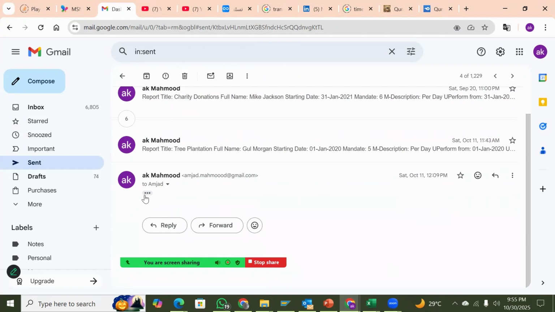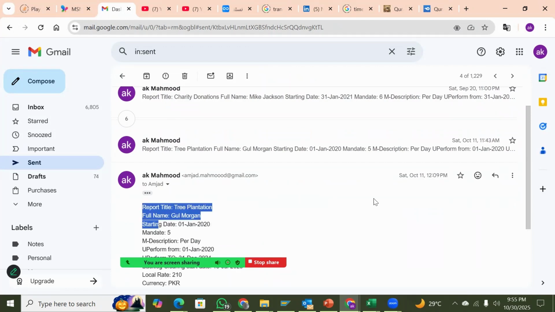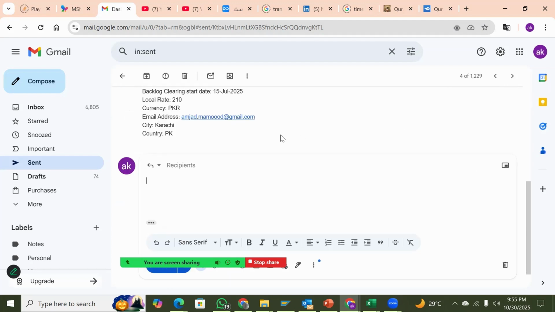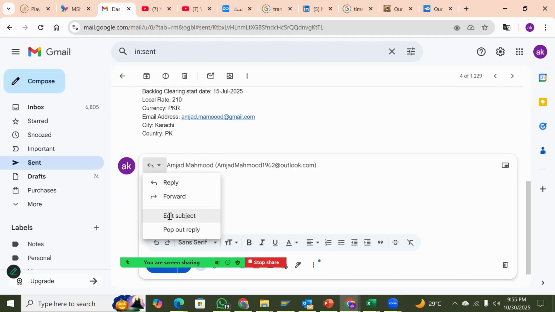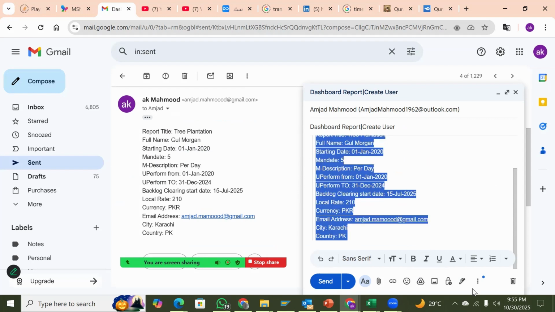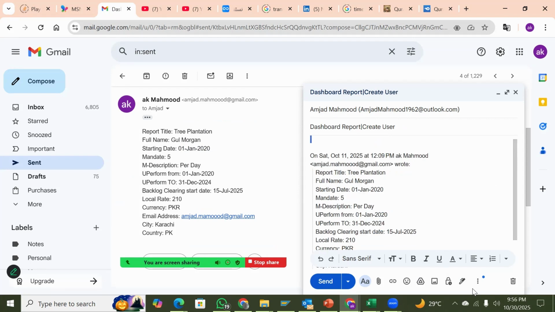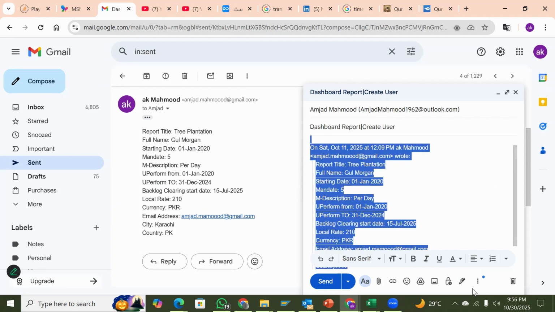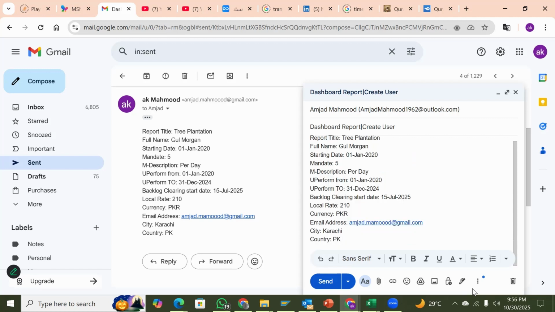So let's take this one. This is a tree plantation. Okay, we take this as a template. And we want to create a new user. We remove the unwanted characters from the thread because it's very sensitive. It has to serve as a command, so the command should not have anything extra in it. Okay, so we are now requesting the dashboard to create for us a new user,